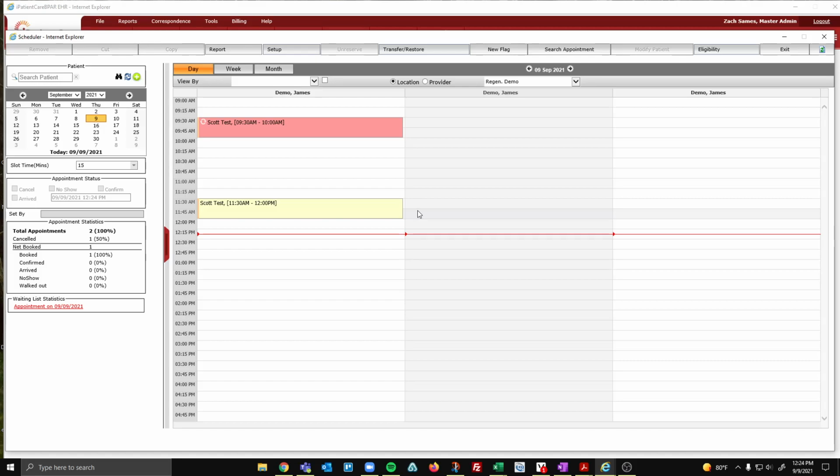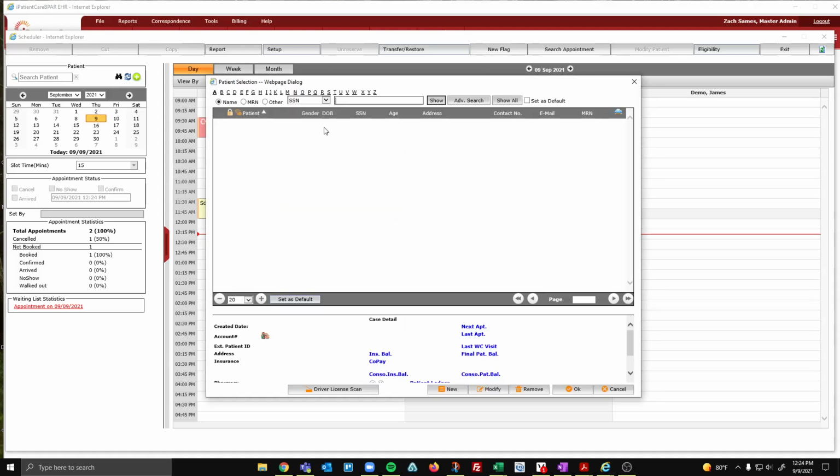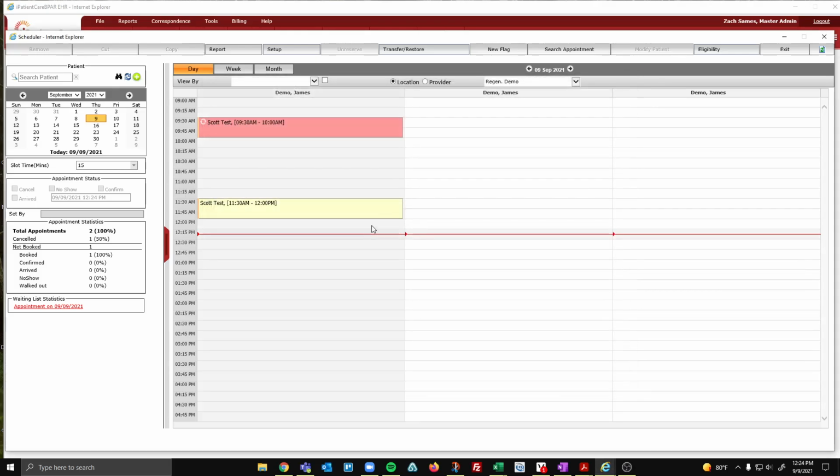If you don't have overbooking blocked and you wanted to book an appointment in the same time slot, there's two ways you can do that. One, you could find it in another time slot, create an appointment, and then adjust it back to 11:30. Otherwise, you can find that little sliver right there, right click and click add appointment, and that'll still then bring you into booking an appointment for that particular time slot. We just choose whatever patient we